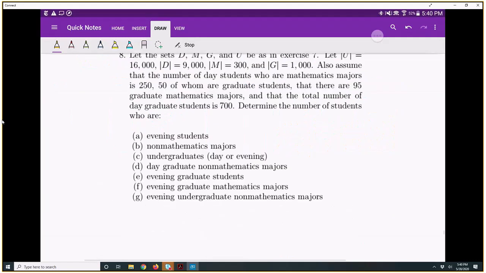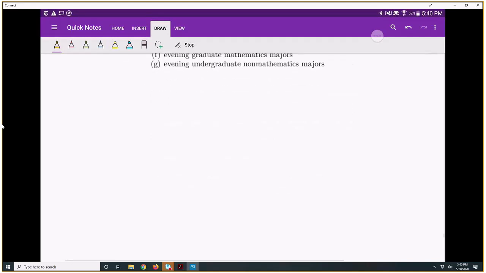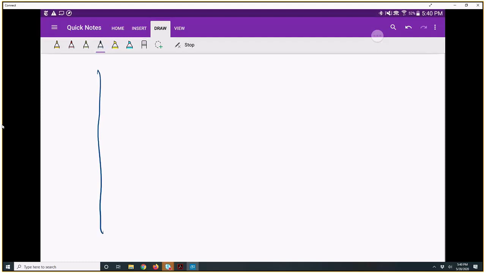Okay. Now, what if we're told that there are 16,000 students in the university, 9,000 daytime students, 300 math majors, and 1,000 graduate students? We also know that the number of daytime students who are math majors is 250, 50 of whom are graduate students, and there are 95 graduate math majors. Total number of day graduate students is 700. Can we find the rest of the numbers? So let's do a little bit larger